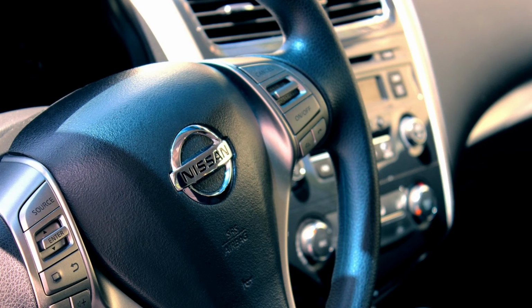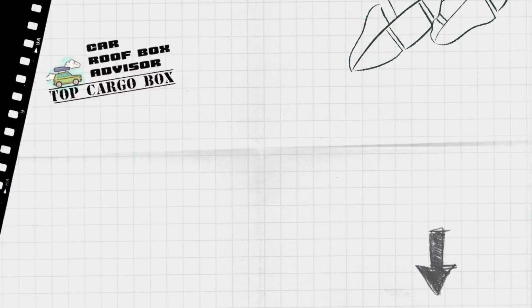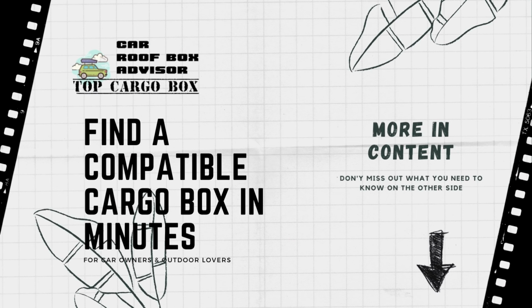When it comes to choosing a cargo box for your Nissan Altima, there are a few things you'll need to take into account. First,